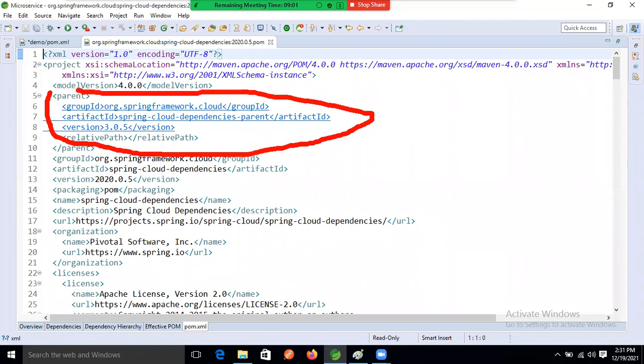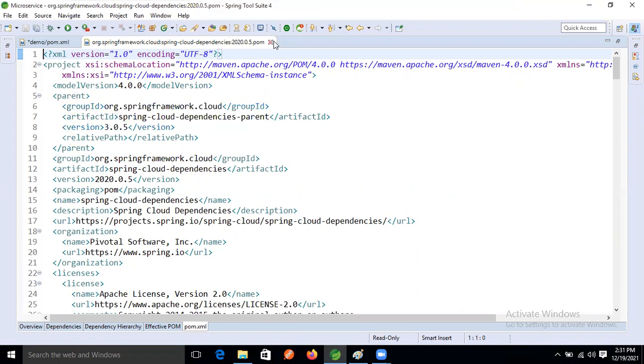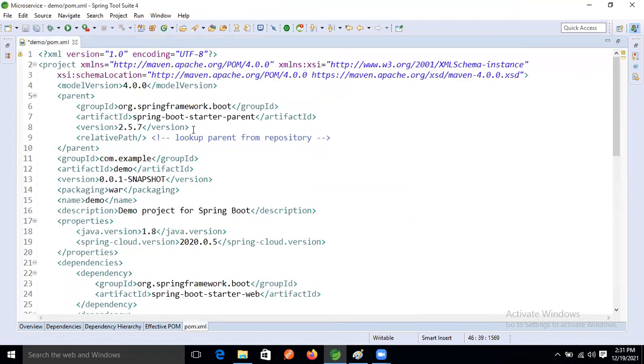This is also one parent project. So just observe the package name, guys. What is the package name here? Spring framework cloud, right? Cloud. But see, just observe the package folder now. What is that now, guys? Boot here. Yes, Ravi. Boot, right? Both are different projects or not? Totally different.